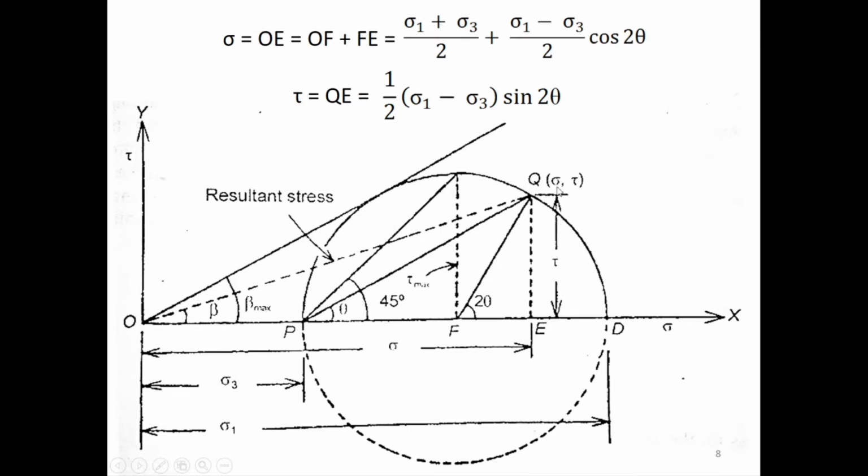So I got my sigma there. Then tau is equal to this distance. Again, from the same triangle, I can find out my tau, which is (sigma 1 minus sigma 3) by 2 into sine 2 theta, right? This distance. So similarly I can plot any plane inclined at any angle theta from the point P, or the pole, inclined at any angle to the major principal plane, and the point where it intersects the Mohr circle, I can find the coordinates like this,